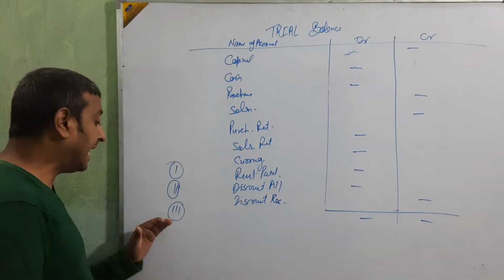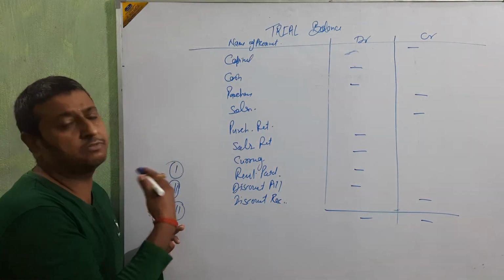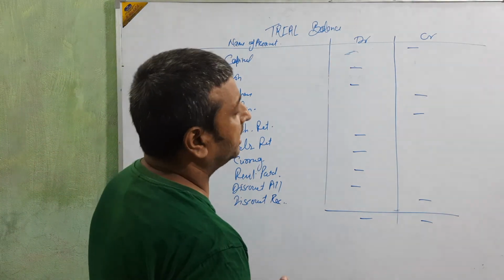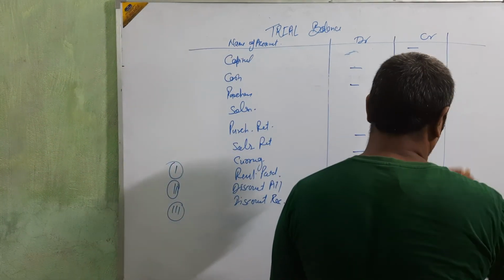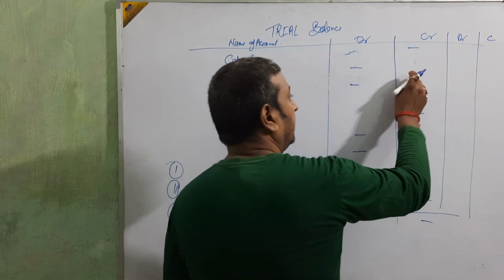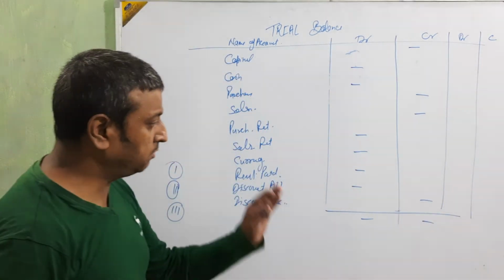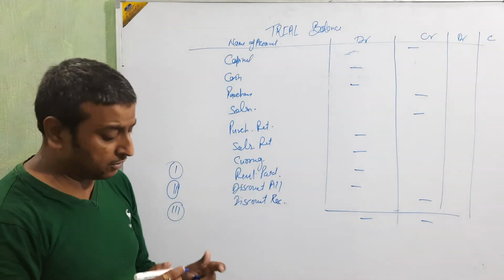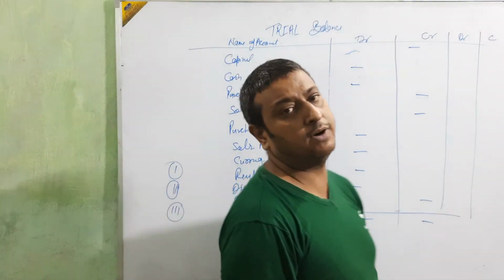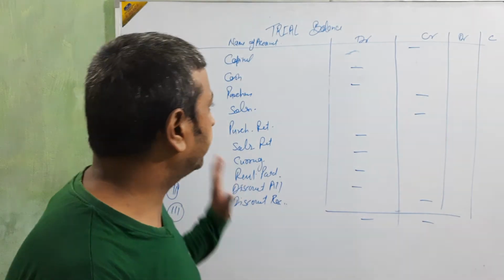And then the third, in this system we use both systems at one time. Then we make 4 columns for amounts, 4 columns beta. Okay? Debit and credit totals here, and balance here. On the basis of that, we follow both systems at one time. Okay beta? Clear? On the basis of that you can solve the questions.